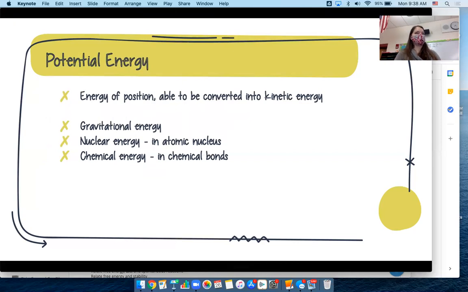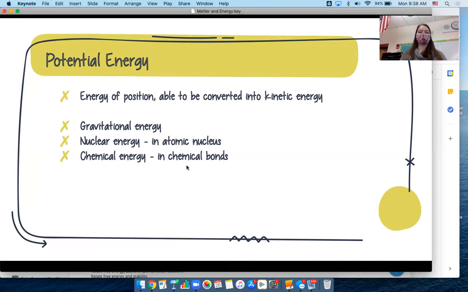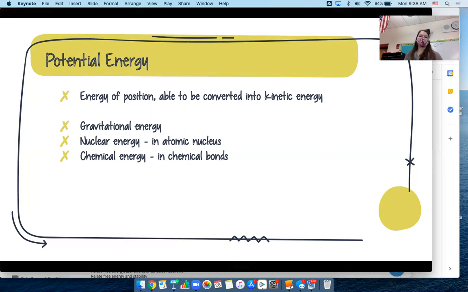But potential energy does get a little bit more confusing, and you just have to keep in mind, if it has the potential to move, if it is in a position that makes it likely to move, then it has potential energy, and if something changes, it will move. Okay, so it can be converted into kinetic energy pretty easily. Things such as gravitational, nuclear energy,